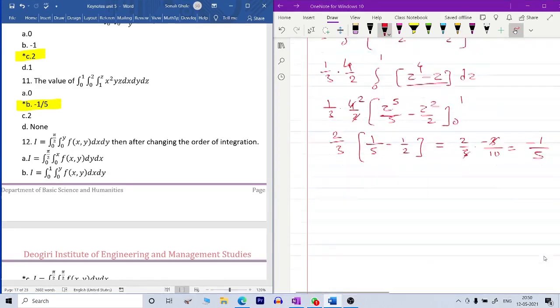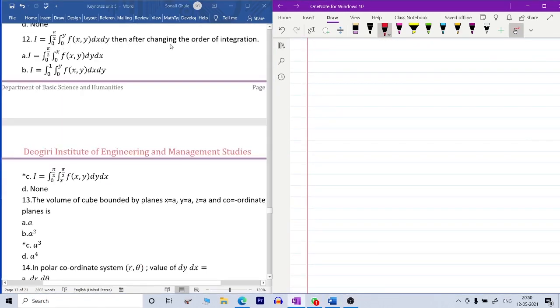Let's solve your next example. That is our example, and again we have to change your order for the integration. So let me write your question first. Integration 0 to pi by 2, 0 to y, f of xy dx dy. Okay. So पहले तो हमें यहाँ पर ये जो कर्व्स है इन्हें लिखना पड़ेगा. अब यहाँ पर आप लोग देख सकते हो इनर लिमिट इन टर्म्स ऑफ y है, तो ये जो वैल्यूज है ये x की है. So x equals to y and x equals to 0.